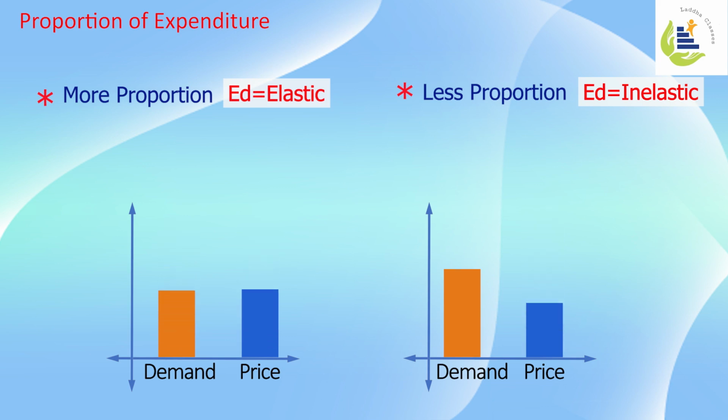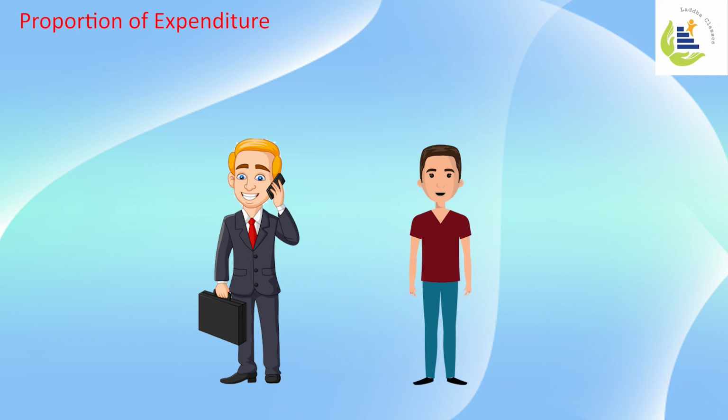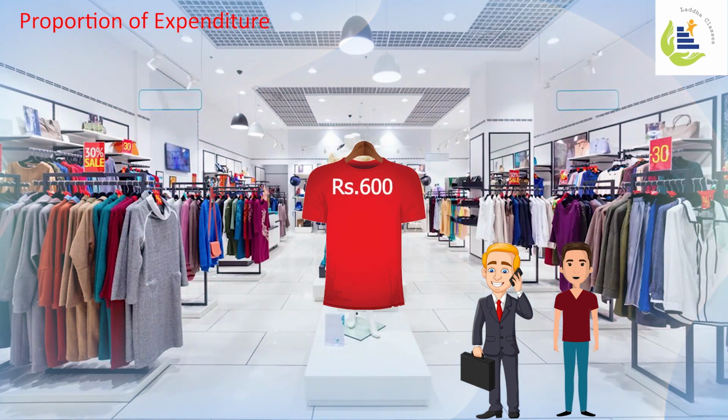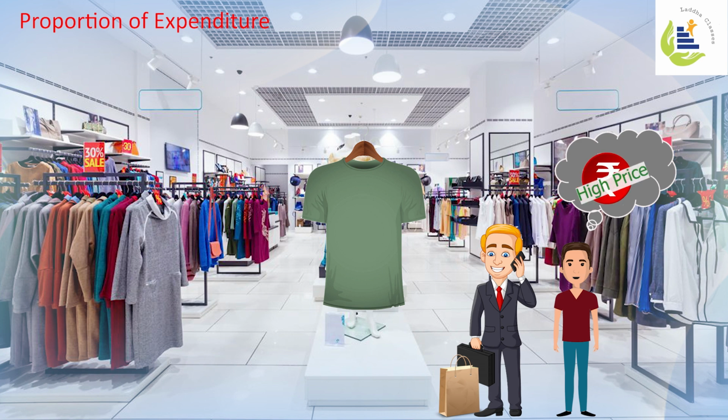One example to explain this concept. Let's say I have two people. One is very rich, another is a moderately earning person. They went to buy a shirt and they saw a shirt that earlier was costing 600 rupees, now costing 1800 rupees. Now a rich person will say 1800 is peanuts for him, but he wants that shirt, he'll go and buy it. A mid-income or low-income person will say 1800 is too high. I need to look into other options, so he'll go to other shops.